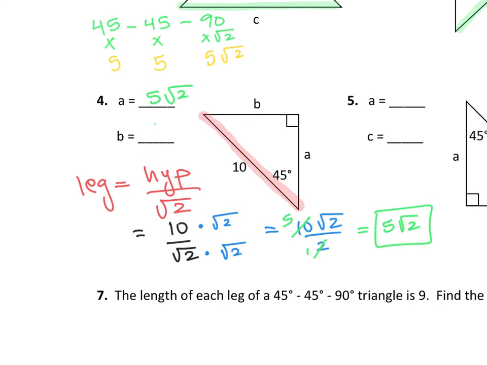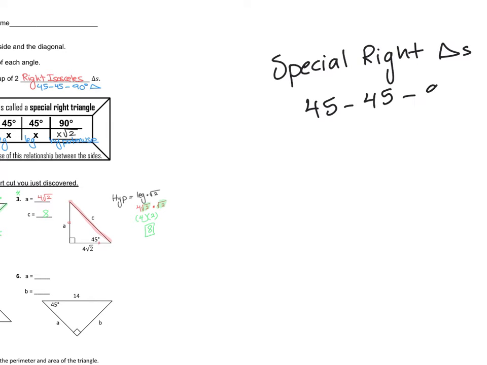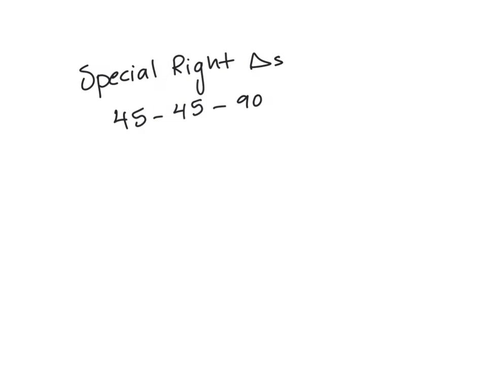So before we continue, I would like to summarize what we just said in a sketch to help you remember the rules. So remember, one of the special right triangles that we talked about today is the 45, 45, 90 degree triangle. Another name for it is the right isosceles triangle. The pattern is x, x, x root 2. Sometimes it's easy to use the pattern, sometimes it's not. So let's sketch